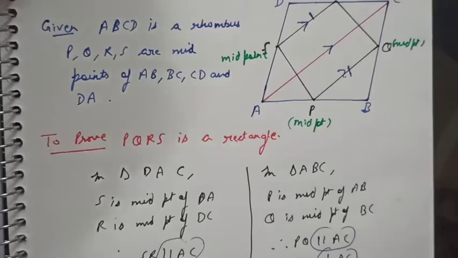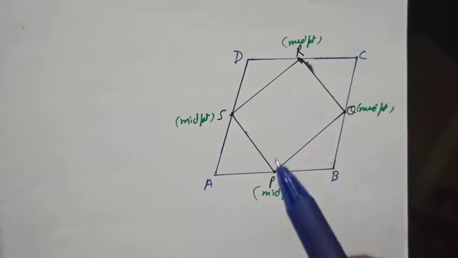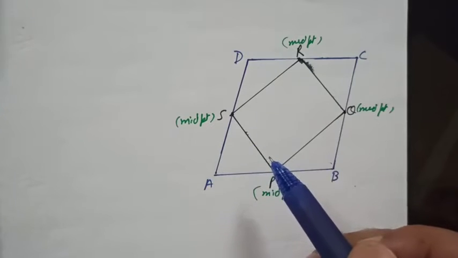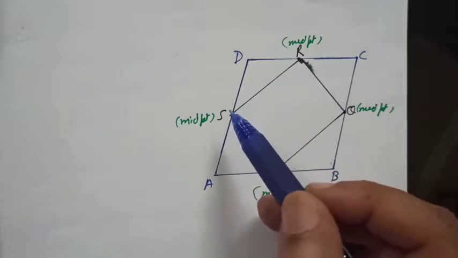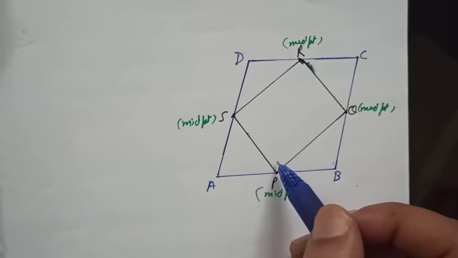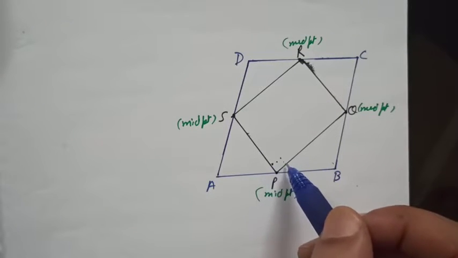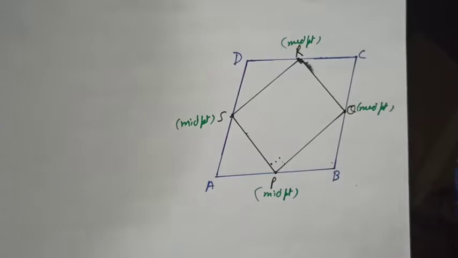Now in second part, now I need to prove that this is a rectangle, right? After making this a parallelogram I need to prove कि ये क्या है, rectangle है, right? Rectangle के लिए हमारे को यहाँ पे 90 डिग्री we need to prove, right? So first of all, what I'm going to do is I'm going to take this triangle, right?